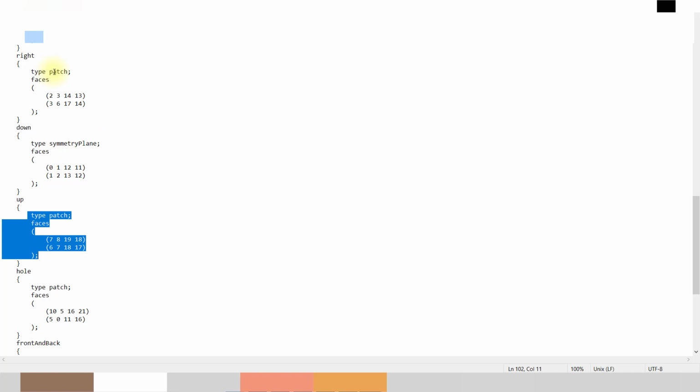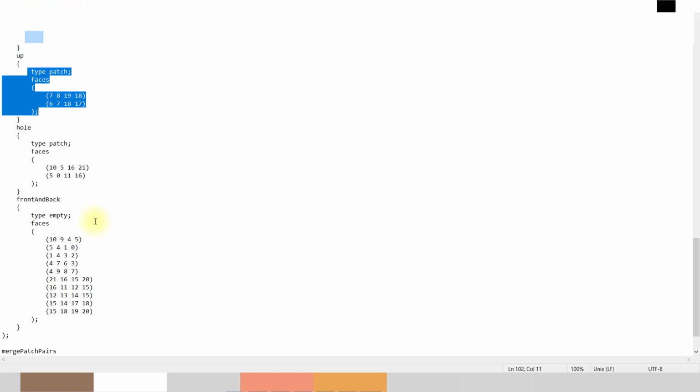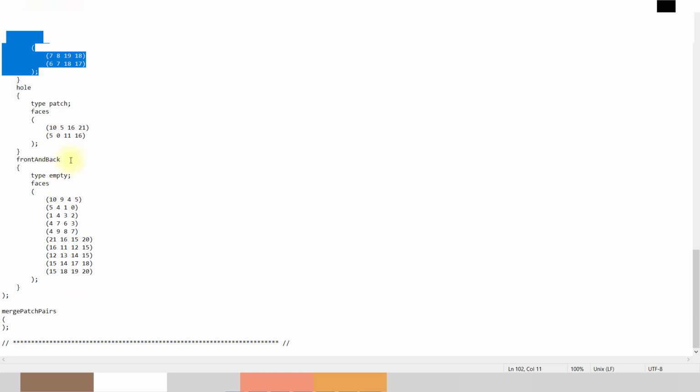Patches will include all the forces and so on. So in this way you can do name selection. It is very critical or crucial. You can do the mesh in any other software like Fluent or HyperMesh, and you can import it into this OpenFOAM.